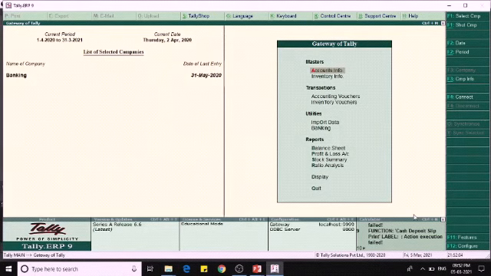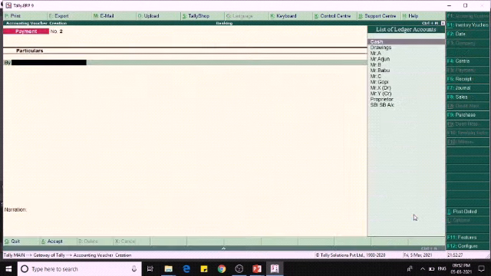Next one is payment advice. When an enterprise makes payments to its suppliers, it must give certain details such as bill number, bill date, check number, and so on. All these details would have been entered in the payment voucher. So Tally must have an option to print these details as payment advice. Let us see how it works. Before that I will create one payment voucher.